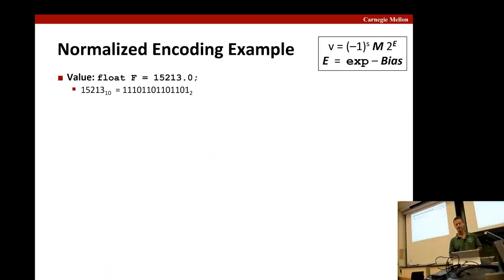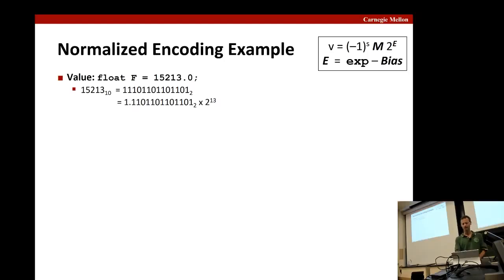Okay, so let's look at an example, and here's our little cheat sheet. This is what the value is going to be: minus 1 to the sign, times the significand, times 2 to the e. But the e is computed by taking the bits that are there, this exp, and subtracting off our bias. So if we have this number here,